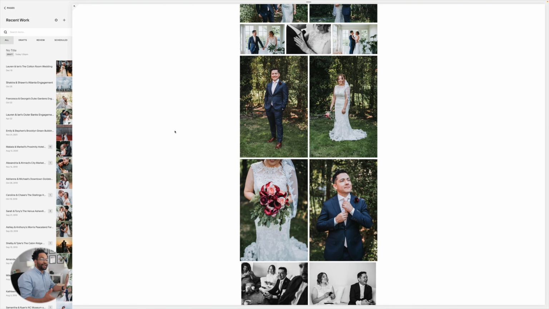And if I wanted to, I could have left on the button for view the whole gallery so that people could come back to the full gallery and see all the photos there, which could also lead into print sales. So there's a lot of things you can use this for your business. So if you already have Pic-Time and you're using it, make sure to give this a try for your next wedding. If you're not blogging your weddings, your sessions, or anything like that, you need to start doing it,